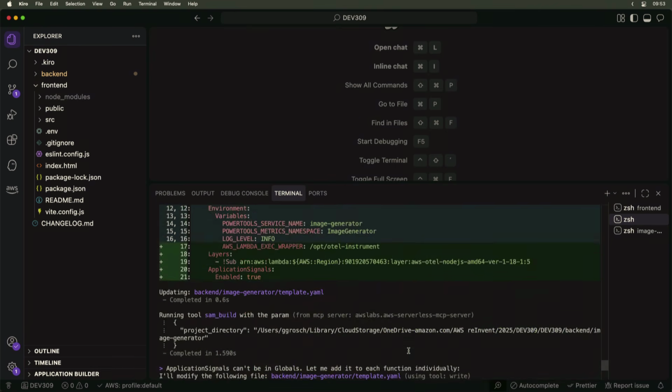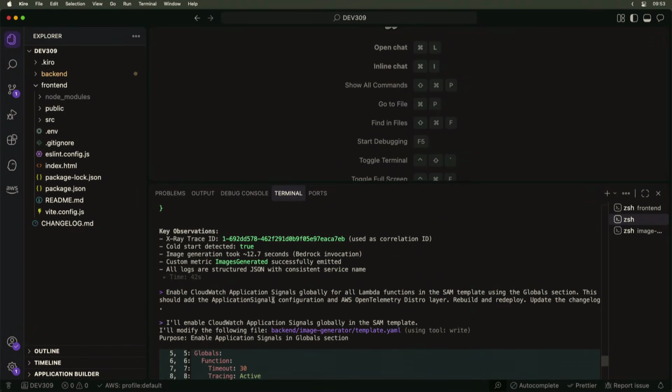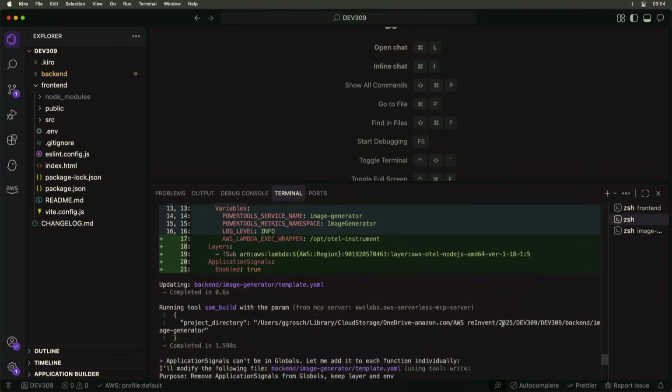So I sent a prompt telling it to enable Application Signals. I'm doing it through infrastructure as code, through my SAM template. It can be enabled in the console as well. It's a one-click. So you enable it, and we take care of all the setting up. And I told it to add it in the global section, so it should be for all Lambda functions. But